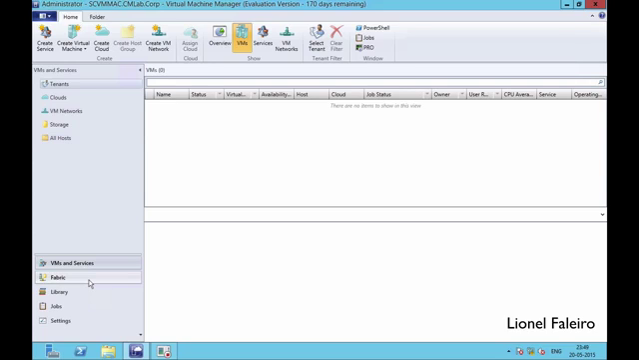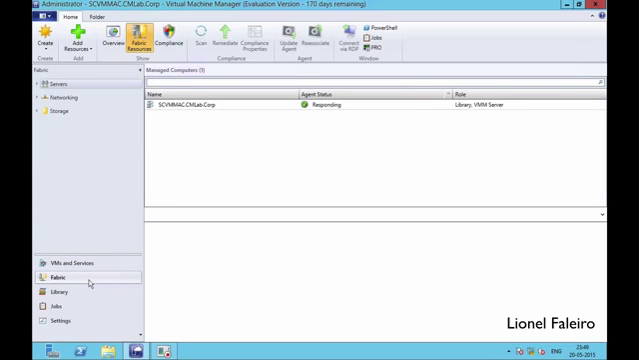When I click on Fabric, I have the option to add resources on top. If I expand the Servers tab, I can create a separate host group. For example, if I'm in a college and I have different servers on different floors, I can create host groups like ground floor servers, first floor servers, second floor servers, and so on. So let's say I'm creating a group called